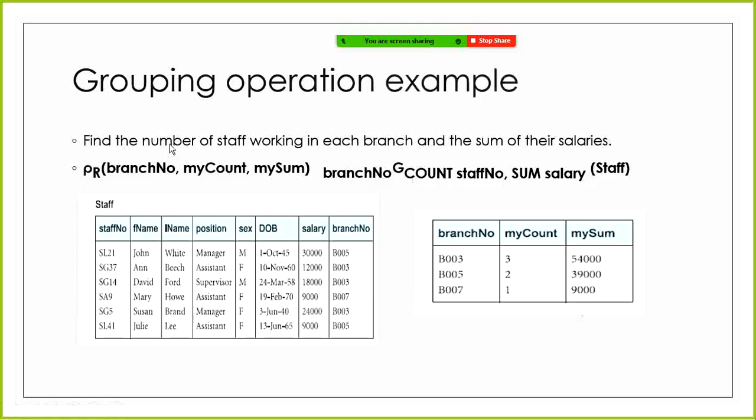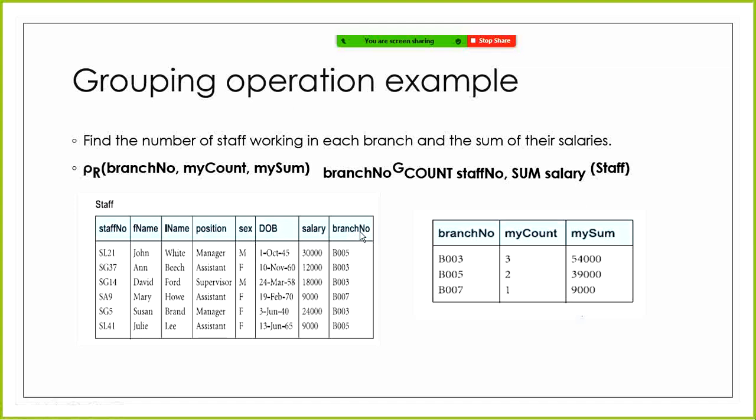For example, find the number of staff working in each branch and sum of their salaries. Now you see that here the statement is to find the number of staff in each branch. It doesn't say that you have to find the total number of staff. It says the number of staff in each branch. So it means that we have to group them on the basis of the branch number. So we have this staff table. We will group them together on the basis of branch number, and then we will count the staff number that